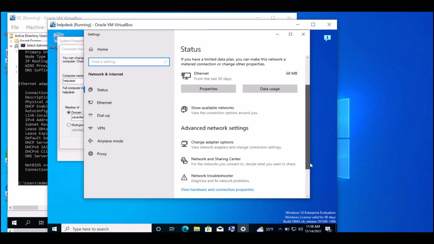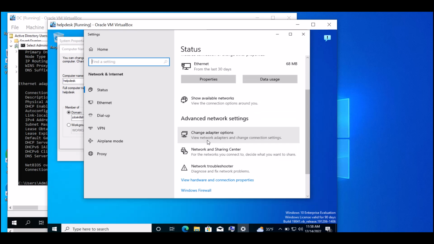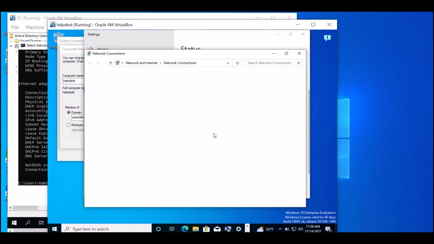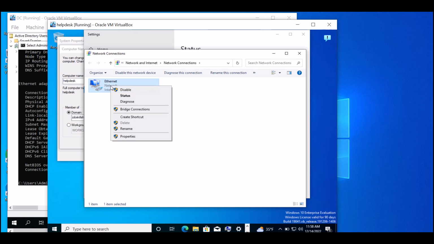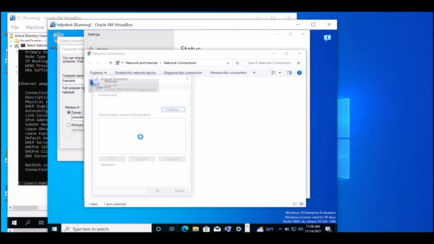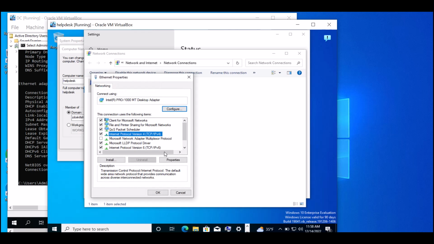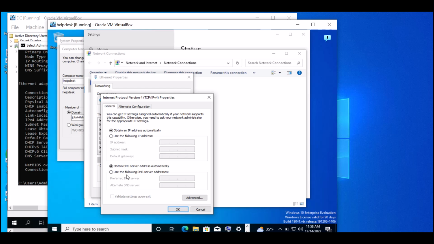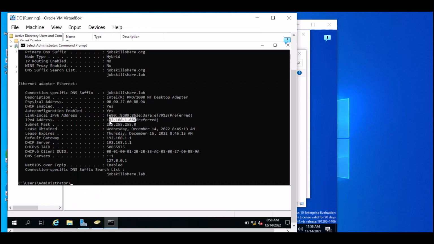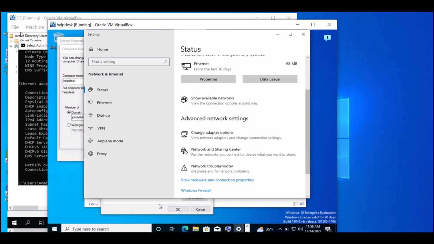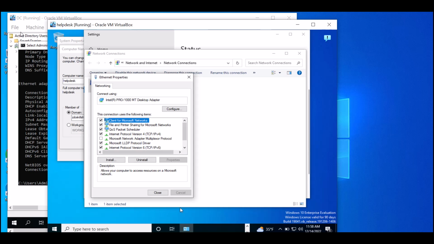So we need to go back to the help desk machine, and go to its networking adapter. We're going to click on Change adapter options, then open the Ethernet, right-click on it, and go to Properties. Now we select IPv4 properties, and then the DNS settings. We need to type that same IP address of the domain controller and point this machine towards that domain controller's DNS. Remember that the server you just installed does have a DNS, so we need to point this machine towards that domain controller. So if we go back right now,